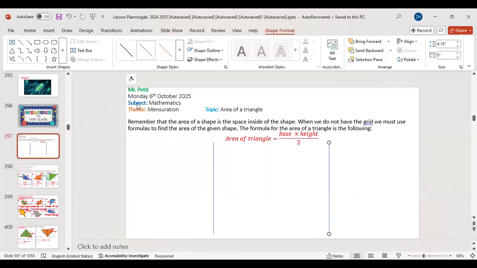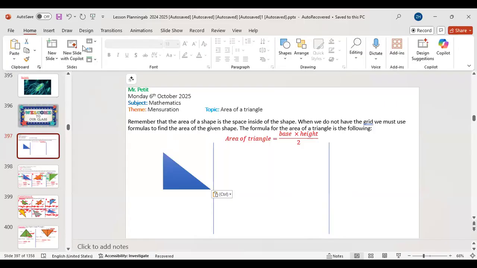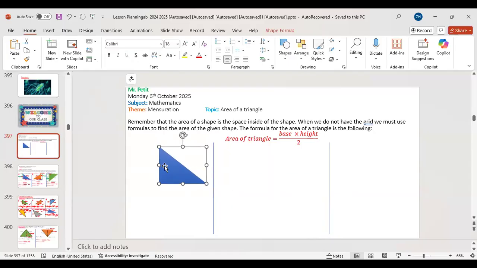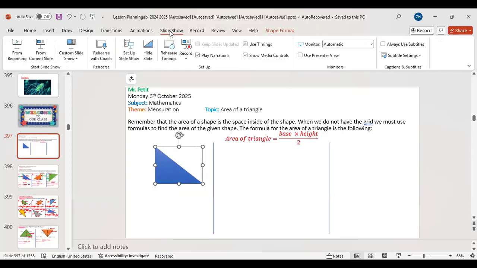So let's get our first triangle. And let's say that, okay, good. I think we're good. So let me share my screen with y'all. So let me put this a slightly up right now. Yeah. Okay, good. So